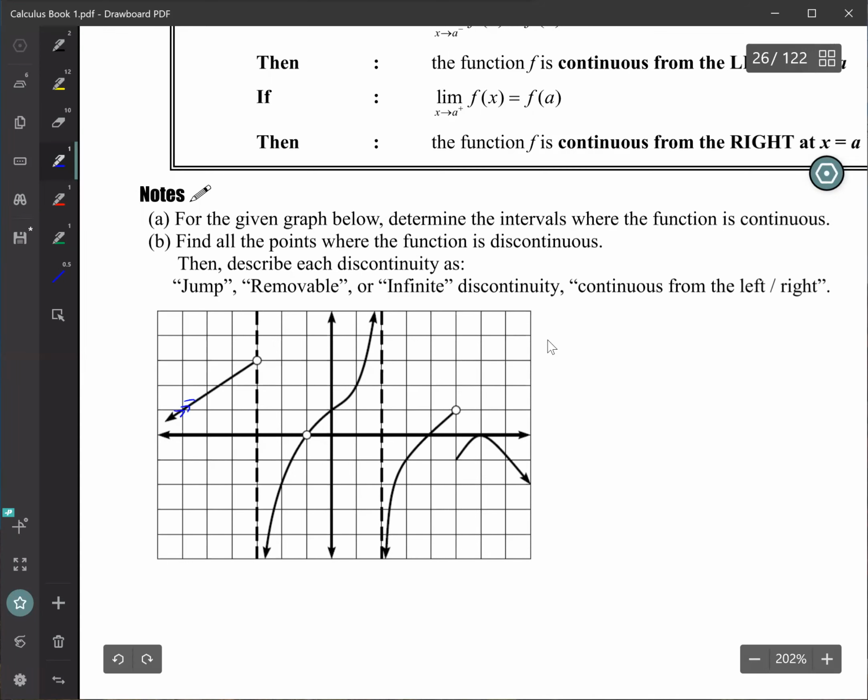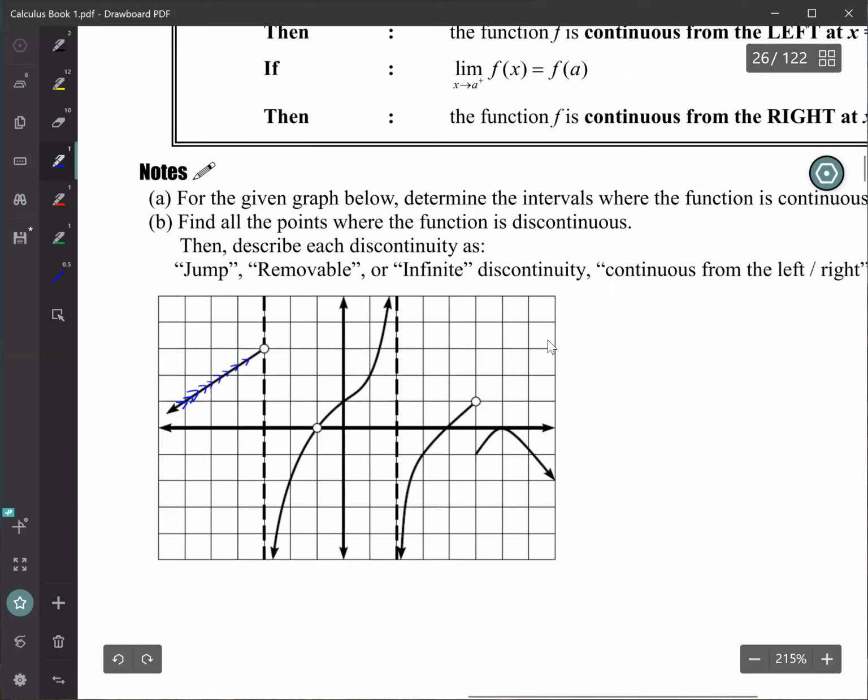You see the blue arrow, right? I keep on going from the left side, so everything here is continuous. There's no dot. But once it goes to this point, an empty dot, I need to lift my pencil and move down to the bottom to continue. So there is a broken place. So the first interval that is